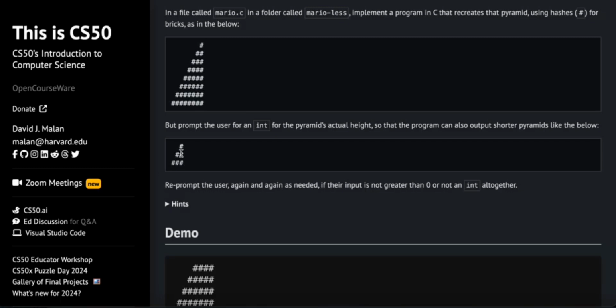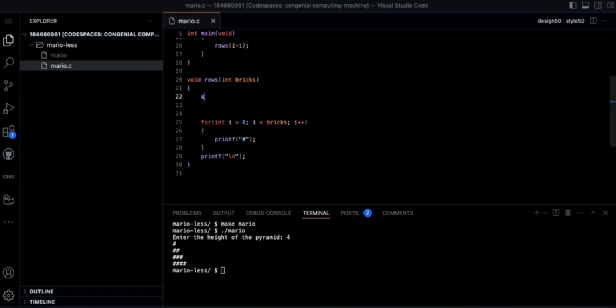So notice over here the height of the pyramid is 3 and the number of hashes in the first row is 1. So the number of spaces is going to be 2, which is correct. For the second row also, the height of the pyramid is 3 and the number of hashes is also 2. So the space is going to be 1. So we are going to write this, that the number of spaces, let's make a variable int space is equal